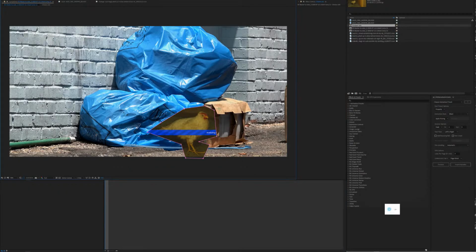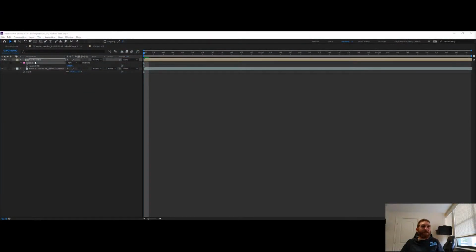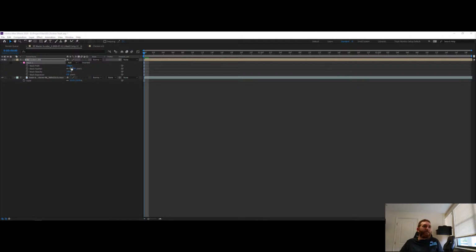All right, so now I would possibly recommend using some sort of keying to get rid of the cardboard and stuff like that, but I think what we're ultimately going to have to do here is either roto our chicken, sounds like an interesting thing, I know, but basically rotoscoping, or painting each frame of just the chicken. We can use just masking to get it approximate, and then we can use our masking here on the timeline where we can then feather it,